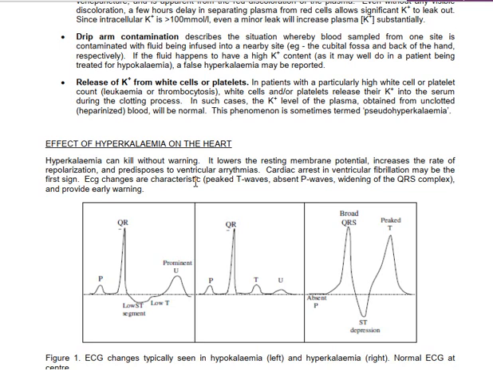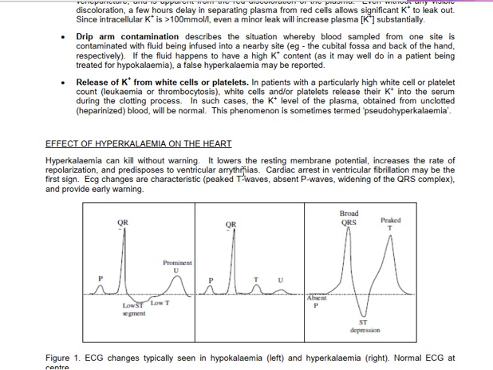Is it clear? So, effects of hyperkalemia on the heart. Hyperkalemia can kill without warning. It lowers the resting membrane potential. Is it clear? It's going to lower the resting membrane potential, increase the rate of repolarization, and predispose to ventricular arrhythmia. So lowering means what? It means that the resting membrane potential is going to be closer to